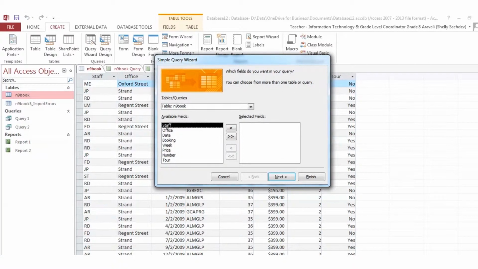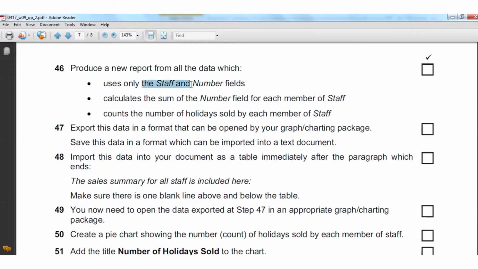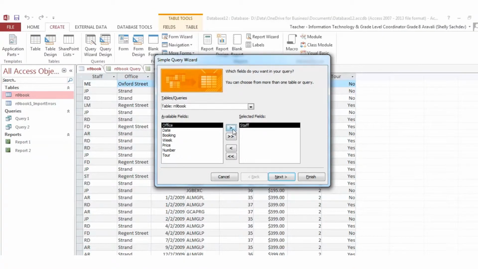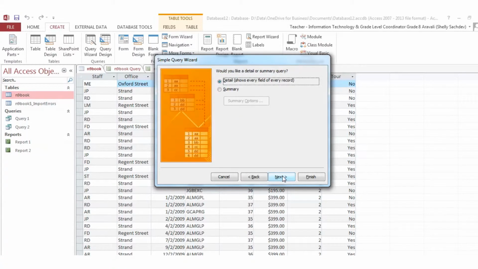It is only asking me to select only the staff and number fields and not any other fields. So staff and number here, I go to next, and I always used to click on detail and then next, but over here I'm not going to do that because it is asking me something else.